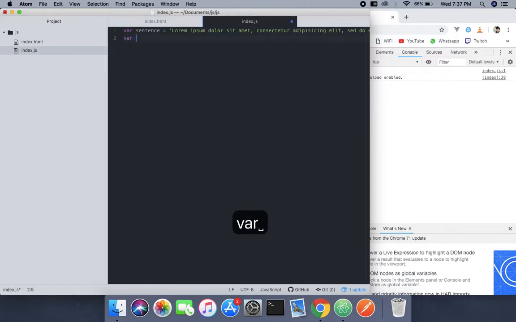And now we create another var like word and equals fox, and then log it on the console and use the backtick method to print that. So word, inside that, the this and that and word,